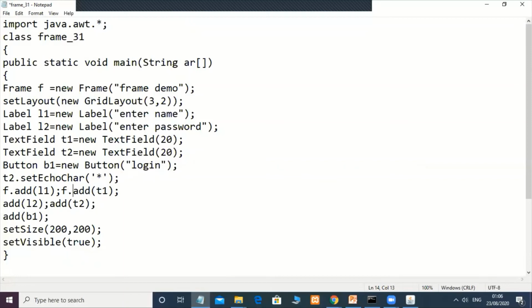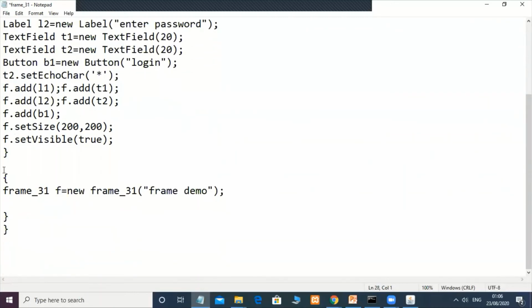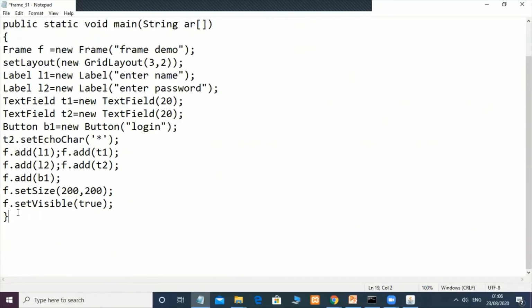If you are creating the frame object, then f dot add, then again f dot set size and f dot set visible. Okay, and close this here. This part is not required. Then close here. We need one more bracket.